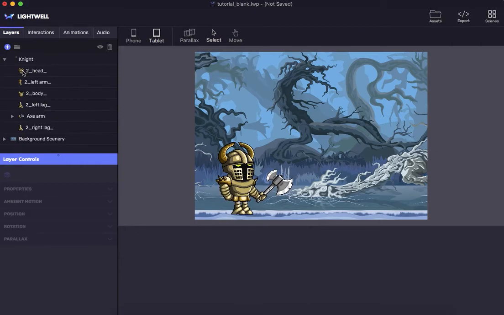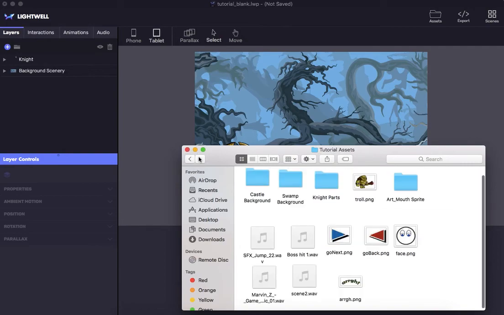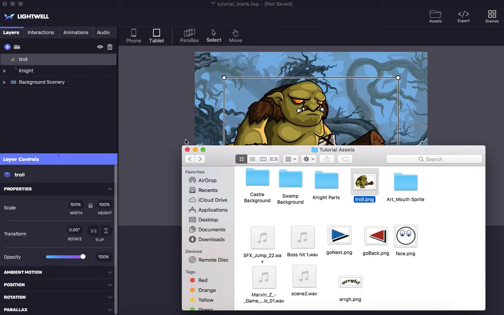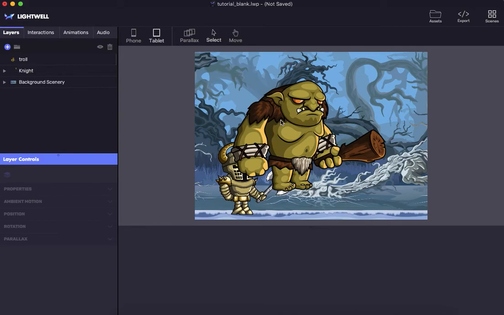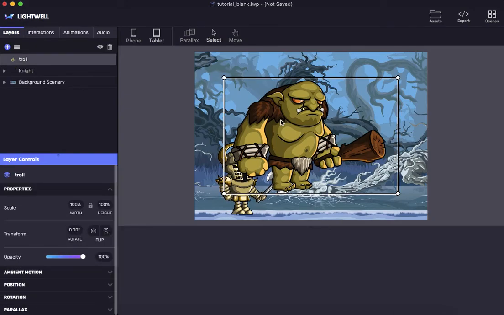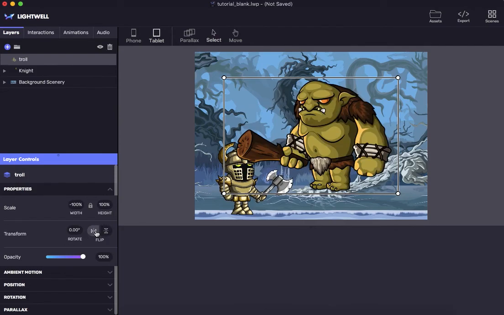The last thing we're going to do in this introductory video is we're going to drag our troll into the scene because we need some sort of conflict. So we'll do that really simply by going to our folder again, back in here, grabbing our troll asset, dragging it to the window. You can see that he just comes right up onto the screen, but he's facing the wrong direction. So what we're going to do is go down to transform, and we're going to flip it on the horizontal axis,